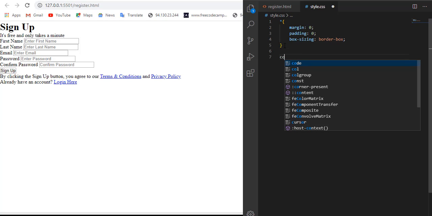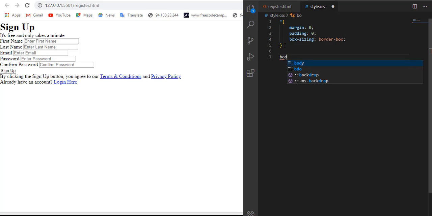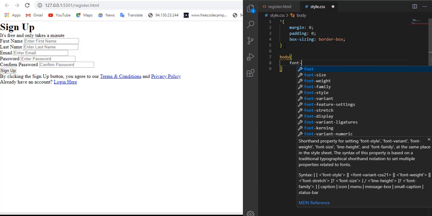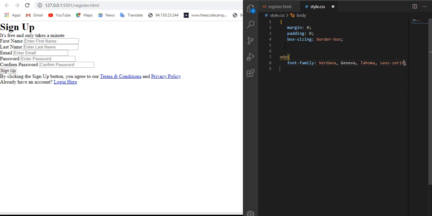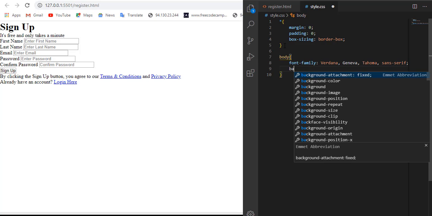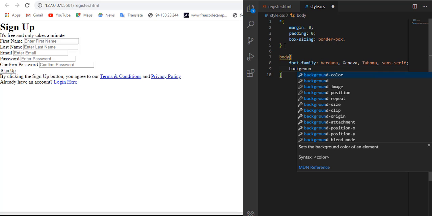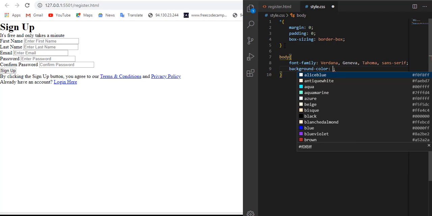So let us go down to the body, and our body has a font family. Let us say font family, Verdana, Geneva, Tahoma and sans-serif. So let us set our background color, background color both work the same.